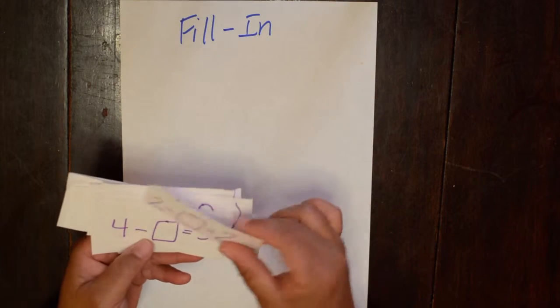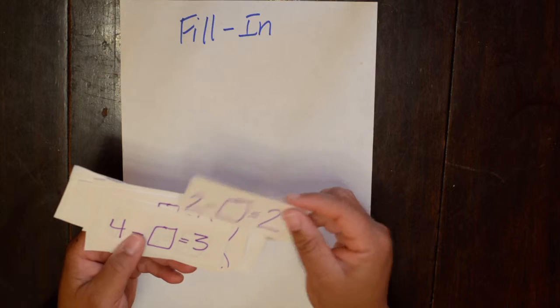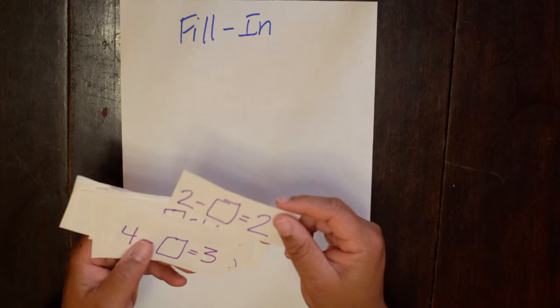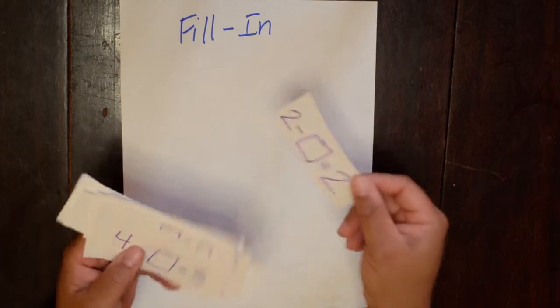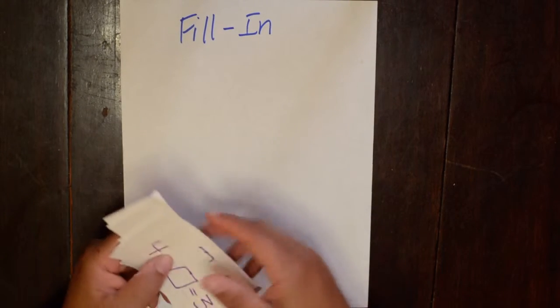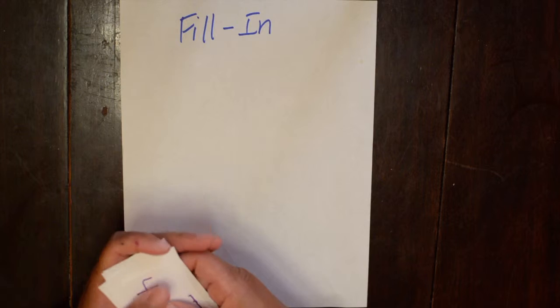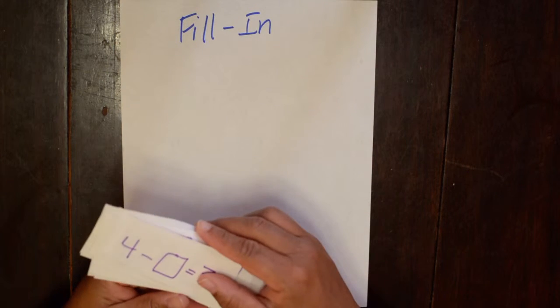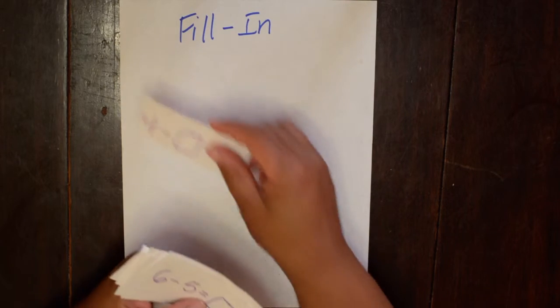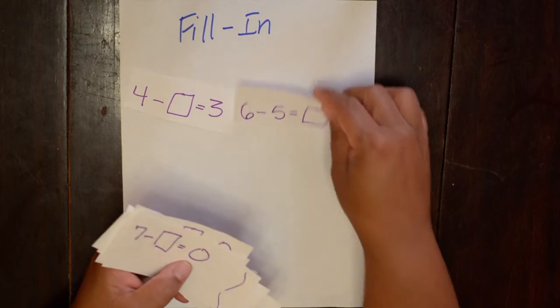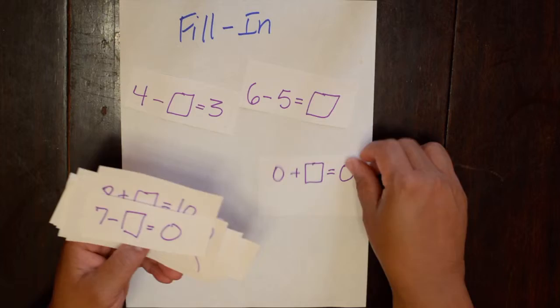And so, oh, 2 minus 0 is 2. My partner checks to see if it's correct or not. If it's correct, again, I keep it. And if it's incorrect, then it goes to the bottom of the pile. We just keep taking turns. Whoever has the most cards at the end wins. It's very simple. The next game is where the children just have some of these on the board and